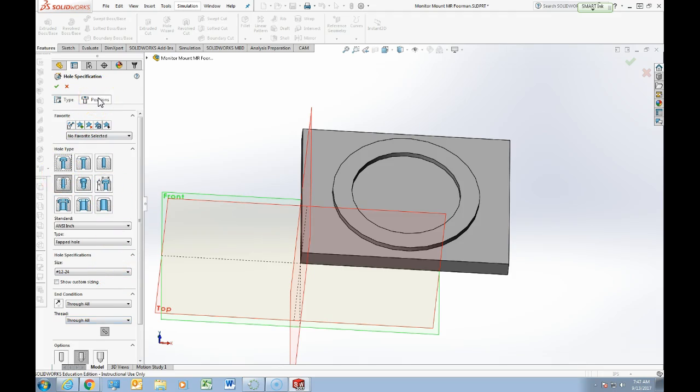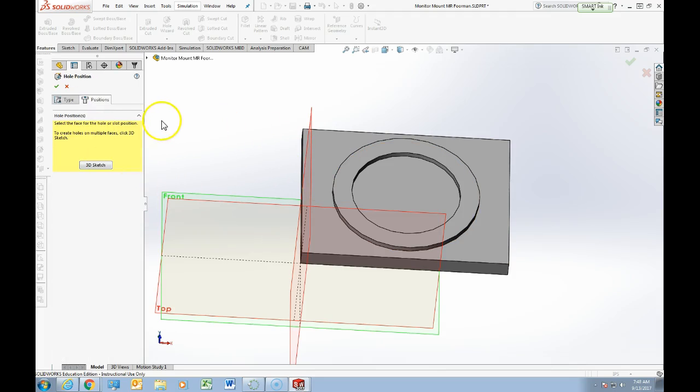And positions is the next thing that we're going to click on. Notice nothing looks like it happened right now, but when we click on positions, it's going to say select the face of the hole or slot position. To create holes on multiple faces, click 3D sketch. Well, we're not going to do that really, but what we are going to do is